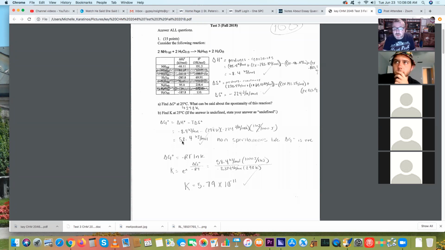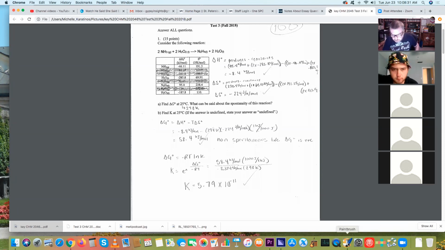But as far as question 1 goes, all this is about is calculating this value of delta G and this value of K. Now, K is something we're already familiar with. It's the equilibrium constant. It's a measure of how favorable or unfavorable a reaction is, because we can get an idea of,